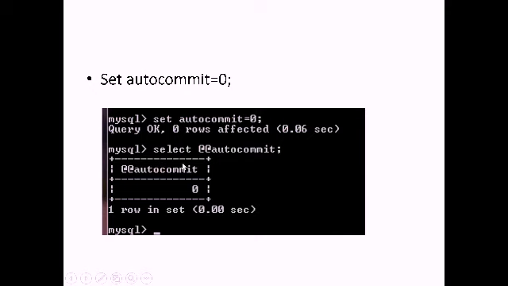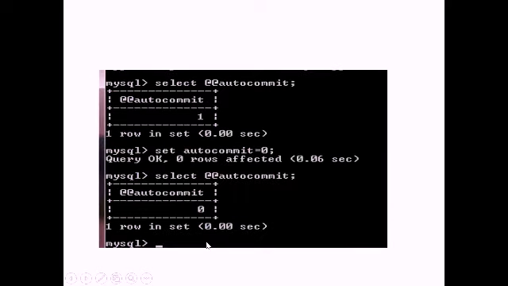Again I give the same command, SELECT @@autocommit, which gives the output 0. So it was 1, then I set autocommit to 0, and checking again, it is 0 here.